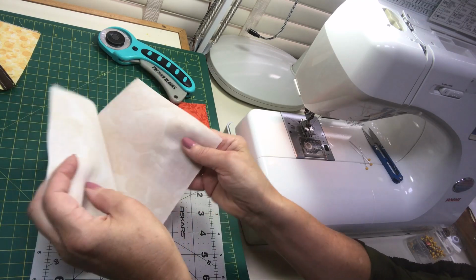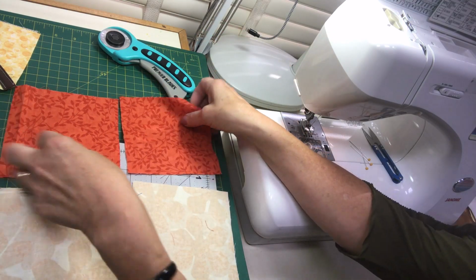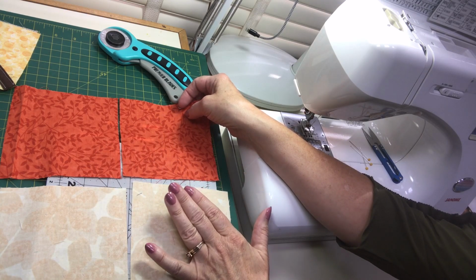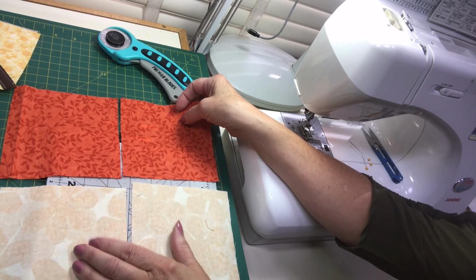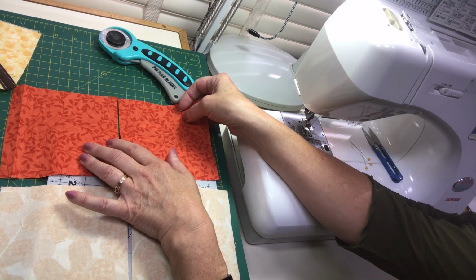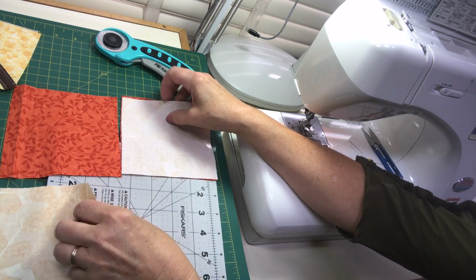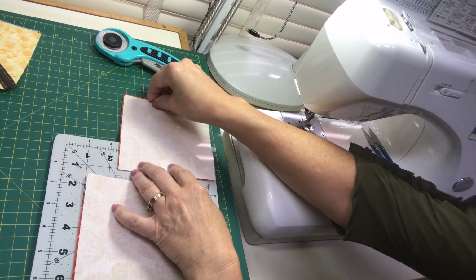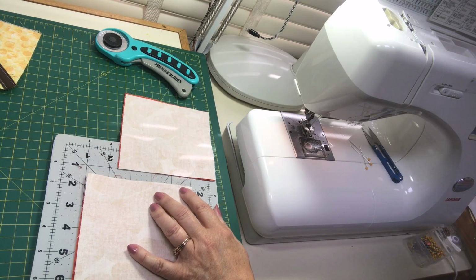And so you're going to take 2 lights in 5-inch squares and 2 of your brights or darks, the leaf prints, we'll call them the leaf prints. And you can certainly make this as scrappy as you want. You don't have to use the same ones. I just happen to choose the same 2 light 5-inch squares and the same 2 dark or leaf print 5-inch squares. And what we're going to do is, again, just make those speedy half square triangles, placing them right sides together,